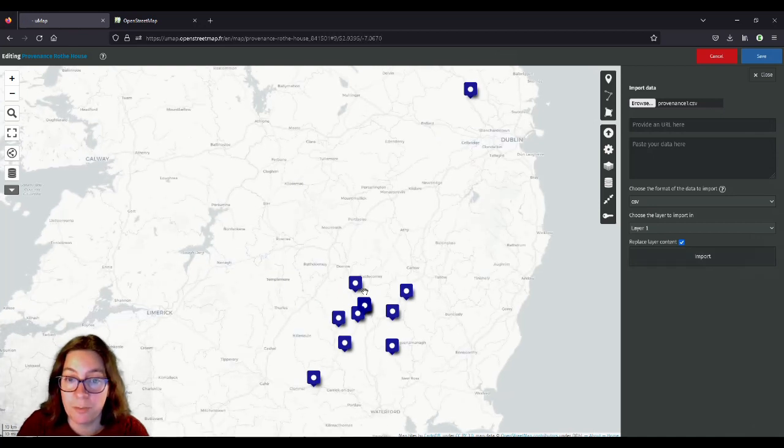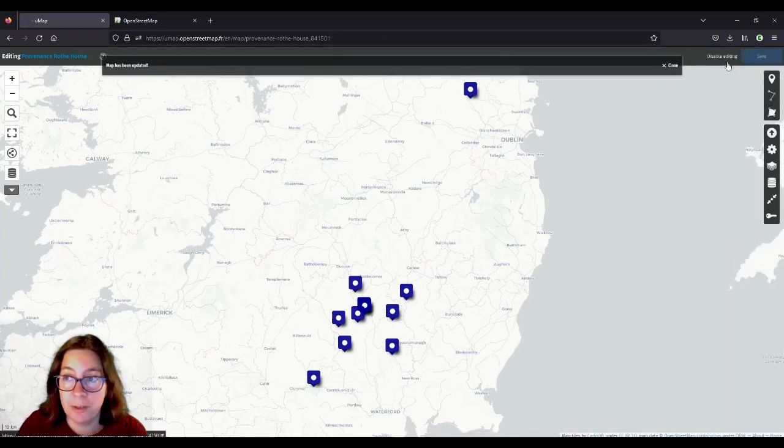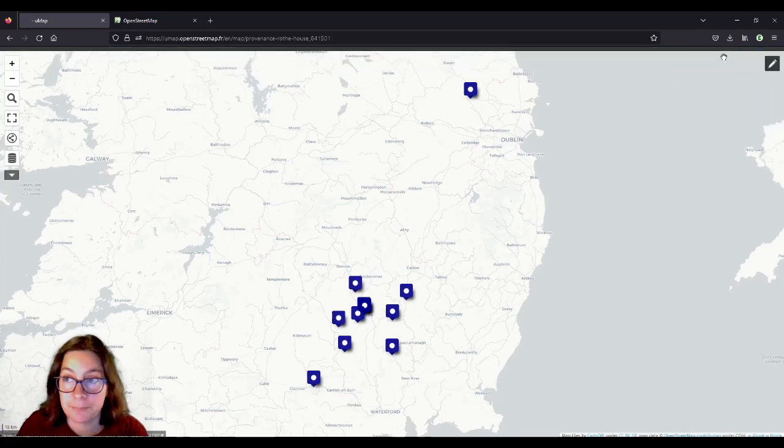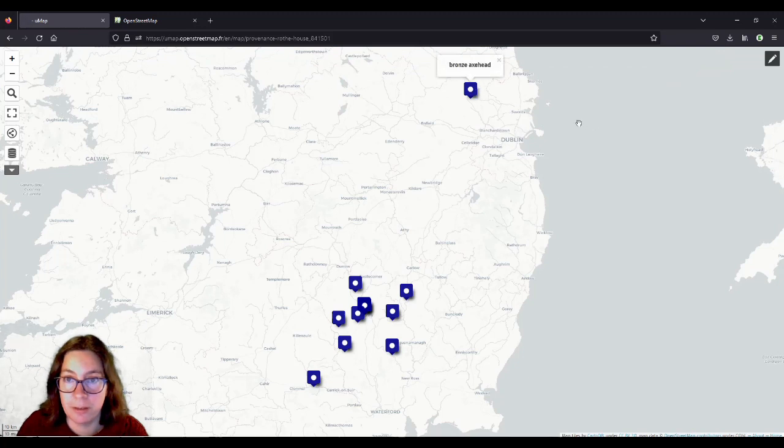And now it has jumped centrally to, it finds the center of all these nodes. And then it's probably a good idea to save. And you just press that button. And if you want to click on any of these just to see what they show, you have to disable editing. And then you can just hit them, and it just has the name displayed for now, which is all we have added so far anyway.